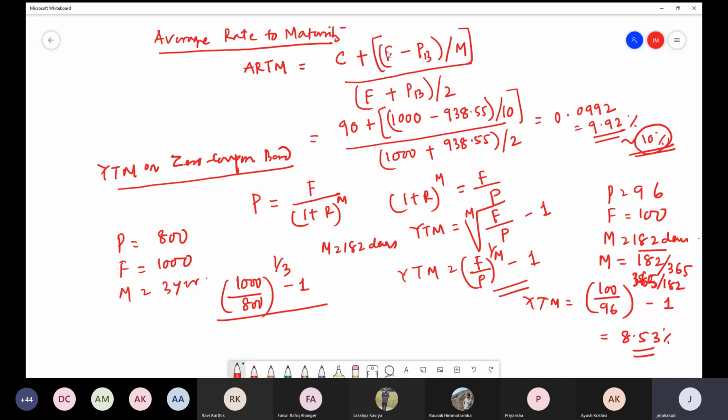So that is the way we can find the YTM of a zero coupon bond, because there is no periodic cash flow involved. That is the way we can find out this yield. And there are some other yield concepts and ways the yield is measured in the market. There are certain theories and methods behind that. That we'll discuss in the next class. Okay, we can stop here.